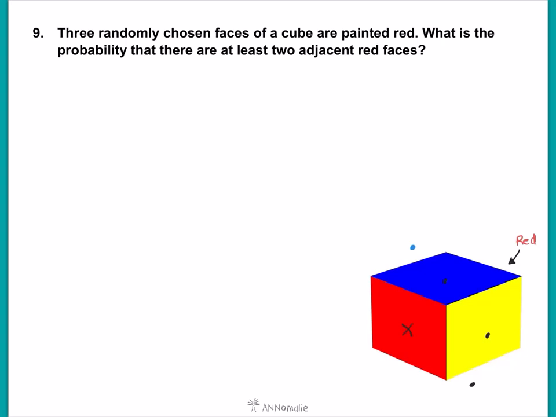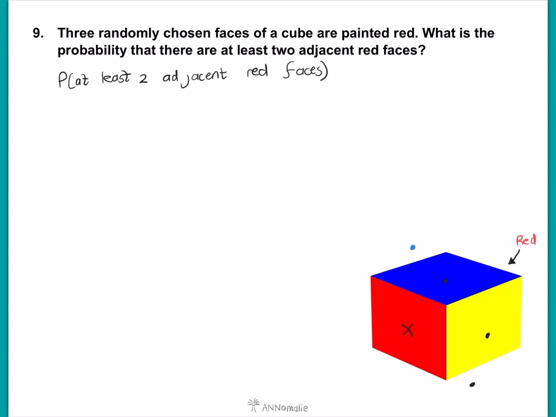So what's the probability that there are at least 2 adjacent red faces? Will be 1. So that probability of at least 2 adjacent red faces